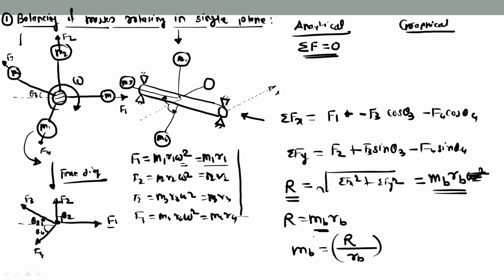Basically we add the balancing mass at radius RB with respect to the axis of rotation. So now we have calculated the magnitude of the balancing mass. Next we have to find out the angle. We can find it by using this equation: theta is equal to tan inverse of summation Fy upon summation Fx. This theta is the angle of the resultant. So that means